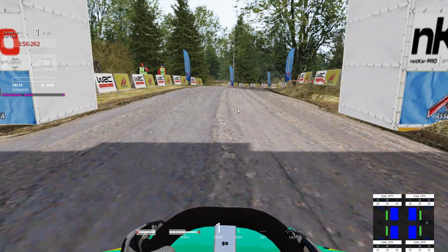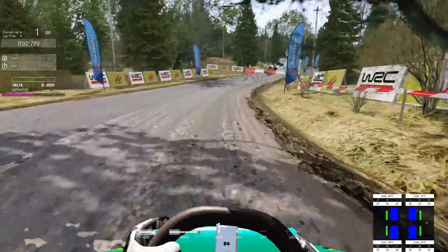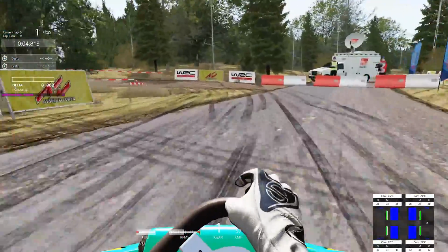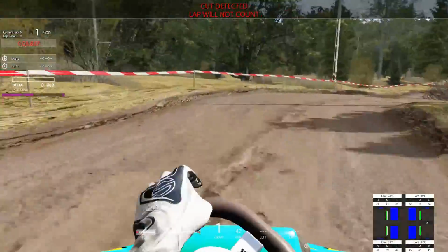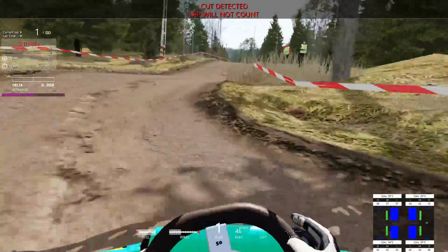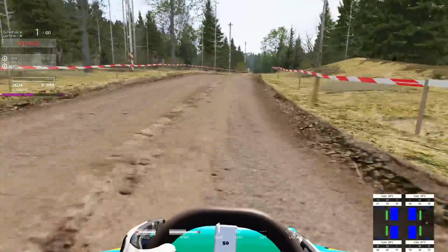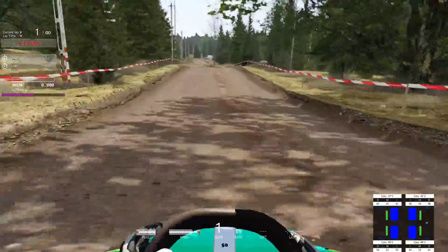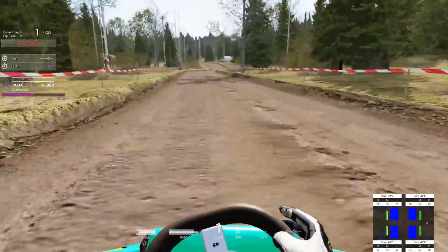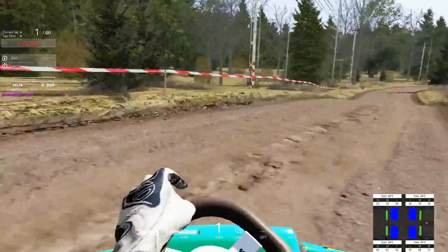3, 2, 1, and a go. First gear, there it is. Let's get a bit of a clutch kick in there. That hasn't really done anything. Let's just accelerate through that track extender on the exit. Well, I cut the corner apparently. I definitely didn't, but the game thinks I did. So we'll just roll with it, and now the lap is invalidated, which, well, I'd be lying if I said anyone cared. There's us absolutely murdering